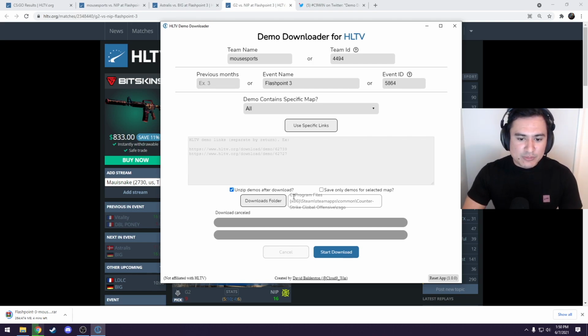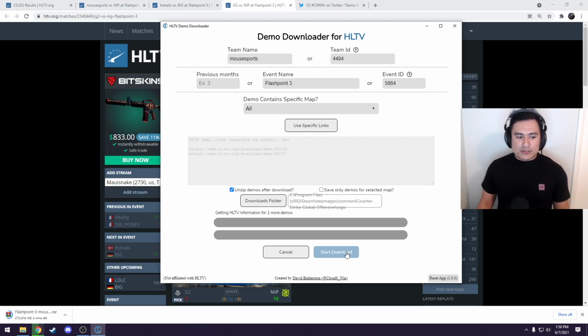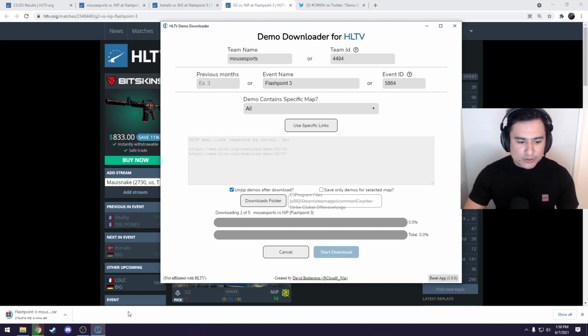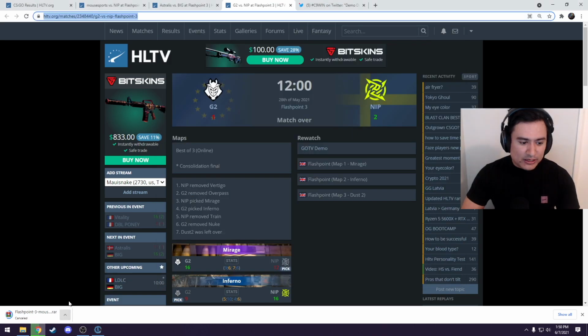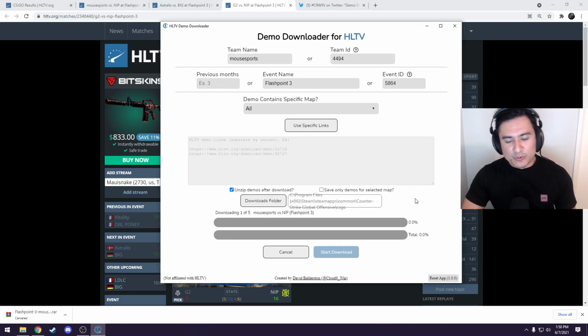And also make sure that it goes into the right folder. This is just, I think, the standard default one that I'm using on this computer. So it starts the download, and that's it. I can just walk away at this point. I don't have to worry about what's going on here. Actually, something to note. It will not work